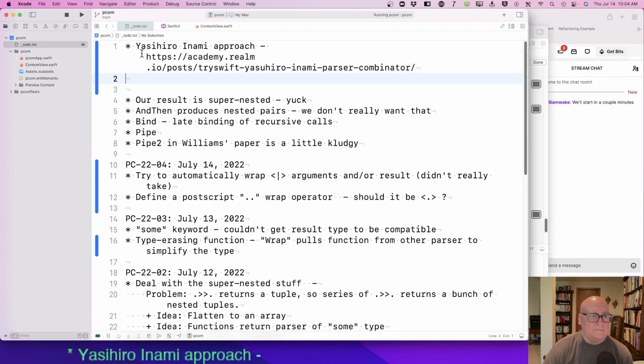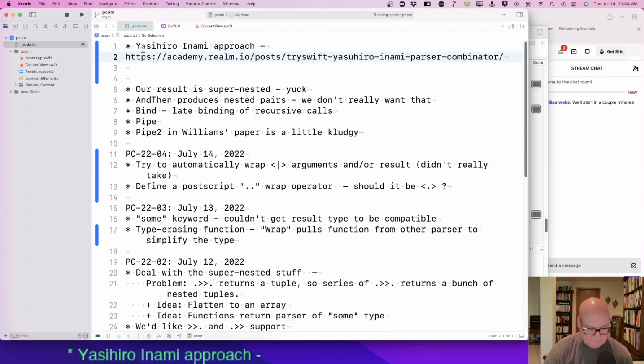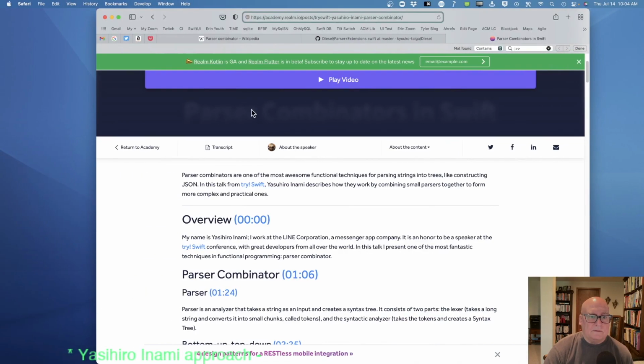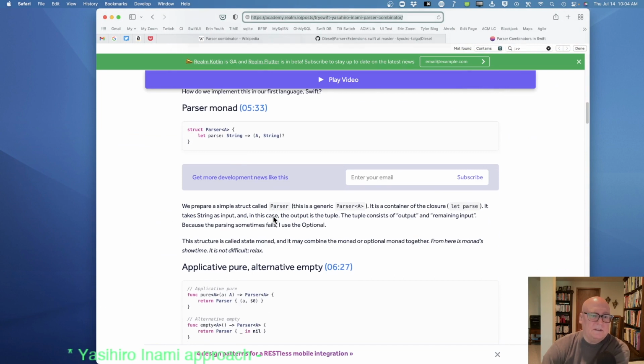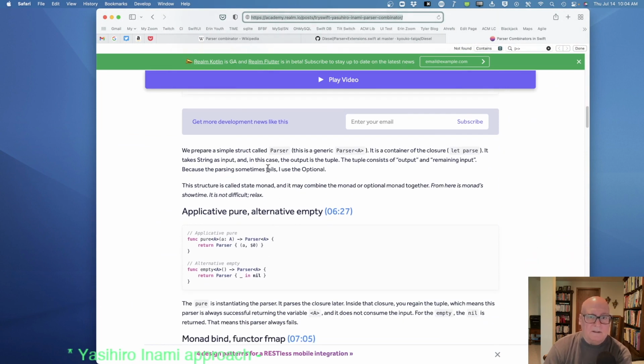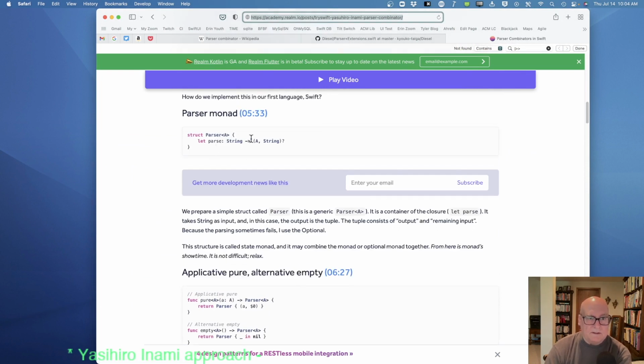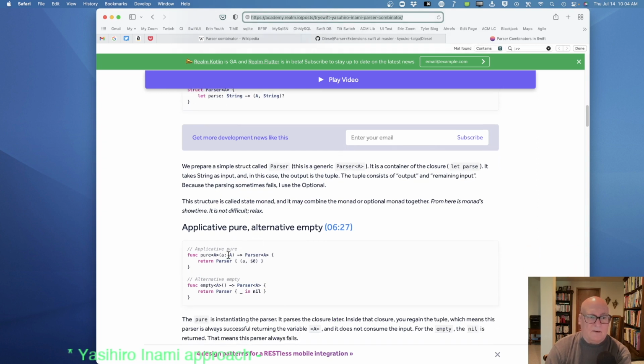And we've got the parser, the definition of a parser, a container of a closure, right? So the function is the thing that the struct contains.